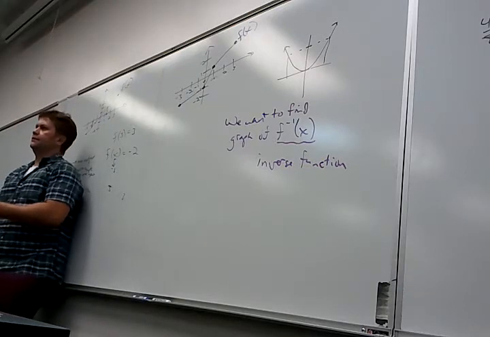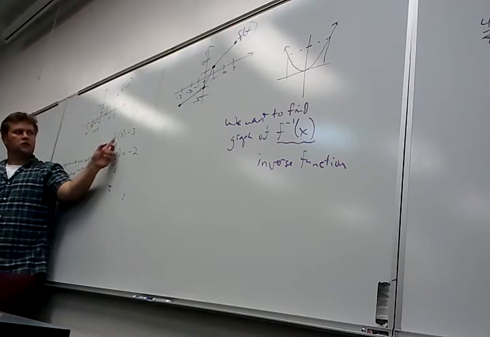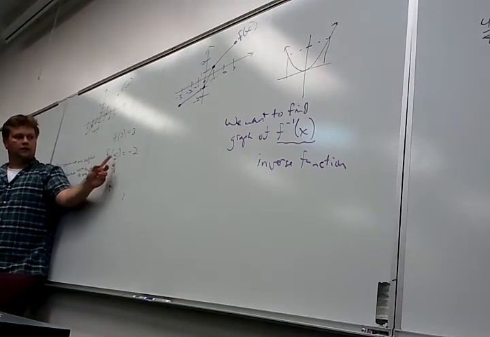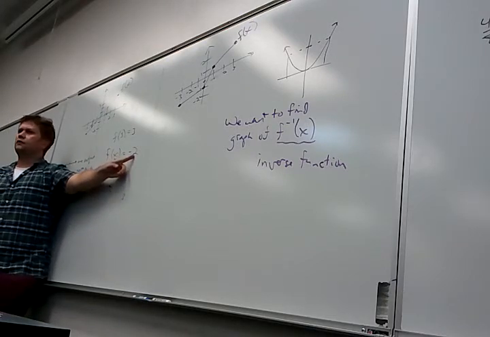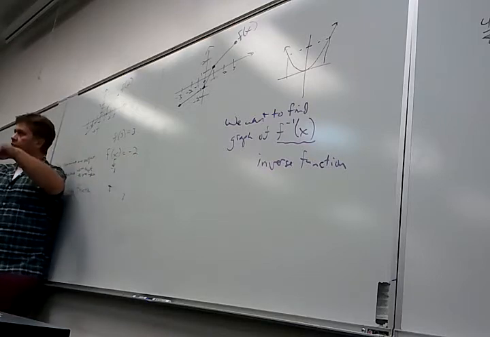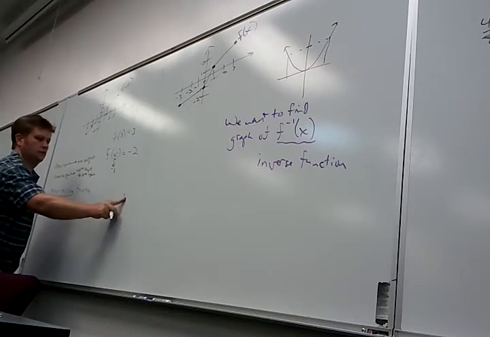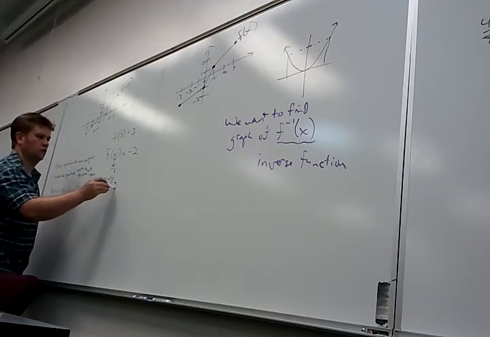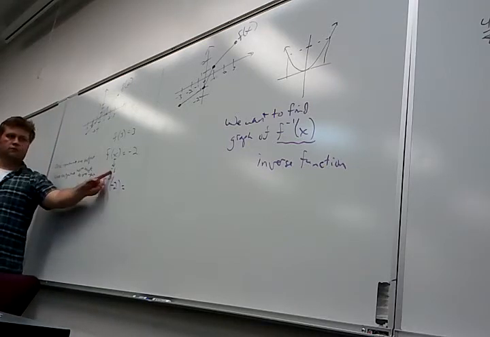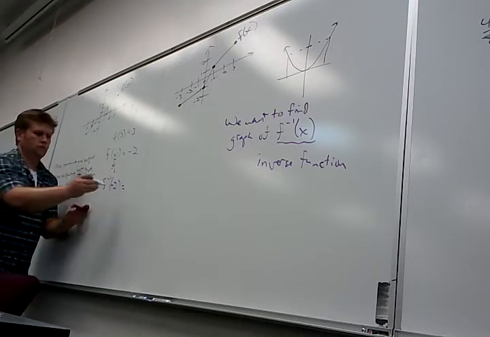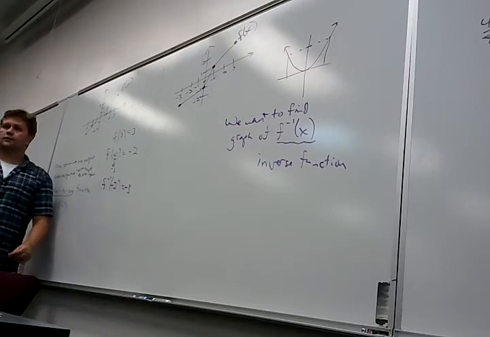What that means is, if this function does to 3, like here, what does this function do? It takes negative 3 and it takes it to negative 2. The inverse function would take negative 2 and take it back to negative 3. So like you guys did. So for example,